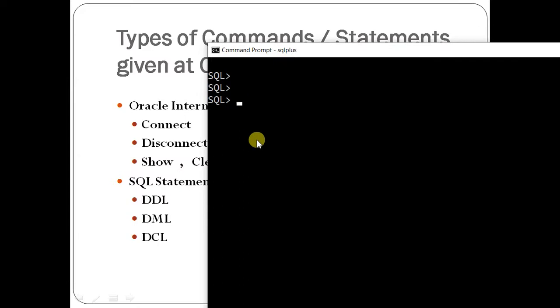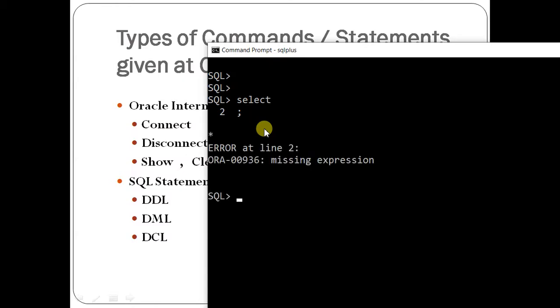See, suppose you typed select and press enter. What happened? 2 is coming because Oracle has recognized that select is a query, and you have not given semicolon. Now suppose if I give semicolon right now, what will happen? Of course, the query is not complete, so it will give you an error. So again I am showing you, select enter. Now you want to complete it here, you can type select user. Press enter, 3 is coming, from, again, dual, again.